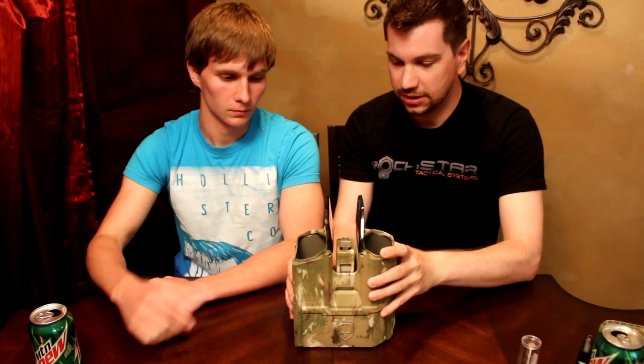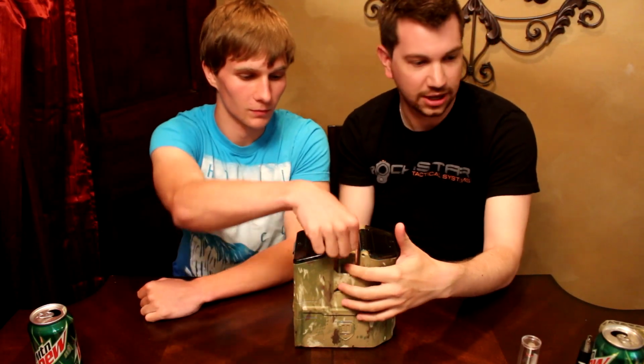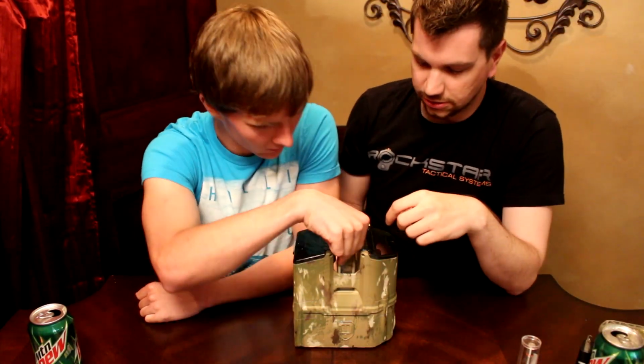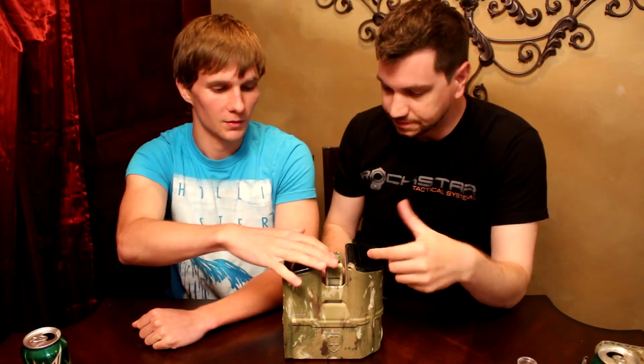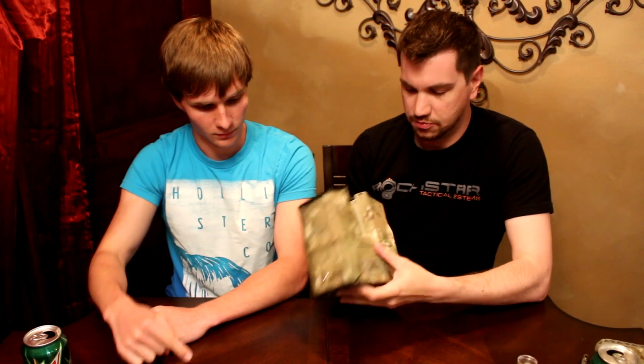So I guess let's get right to it. This is like a magazine. Is it? Yeah, it looks like a magazine. Let's see. Can you actually load paintballs into that? You could if you wanted to take your time, I guess. If you look at the top, it's a very similar shape to the magazine to fit in the mag well, right? But it's pretty nifty. Yeah, first impressions, I mean, solid. I like the little nameplate on the back that goes through the product and maybe serial number, maybe not, I don't know. Power button,